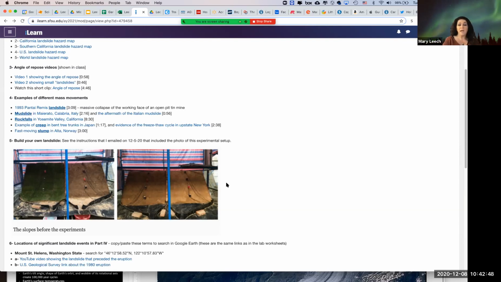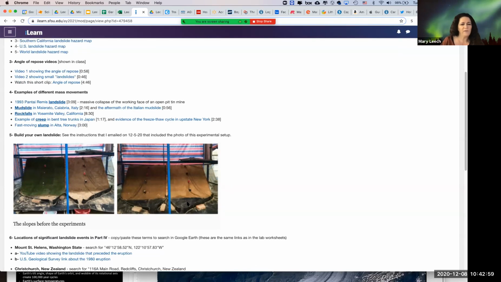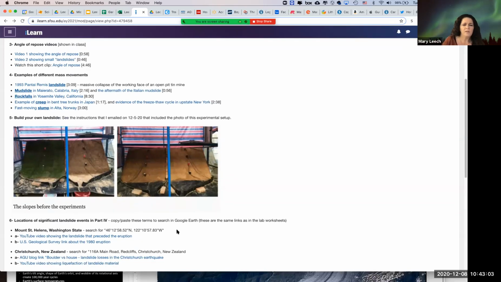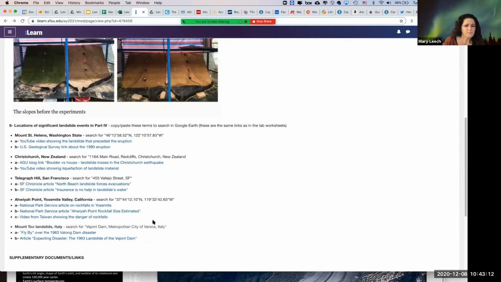After, take some after pictures if there's anything left, so that you can describe what you're talking about and stick those in your written report. That would be fantastic. I don't require an after picture, but that would be great. And then you can maybe even annotate. So just insert that image into your lab worksheets.